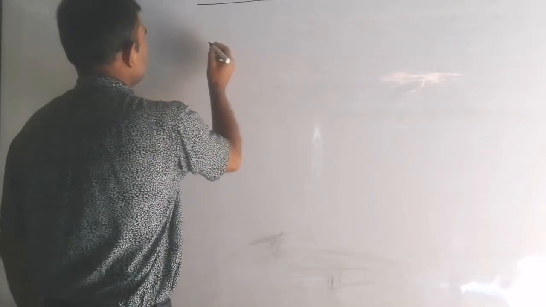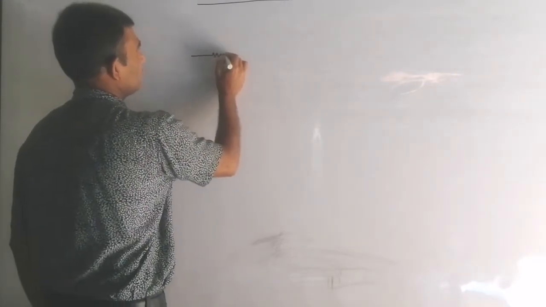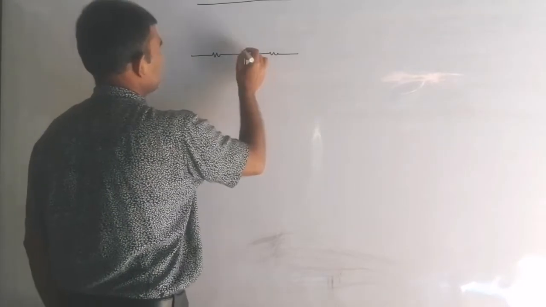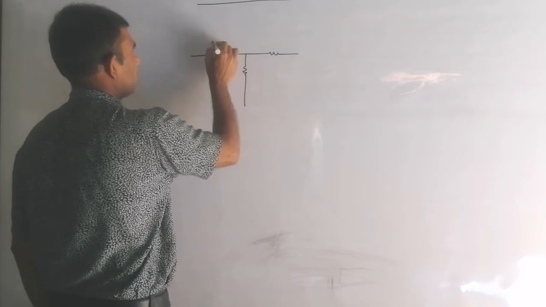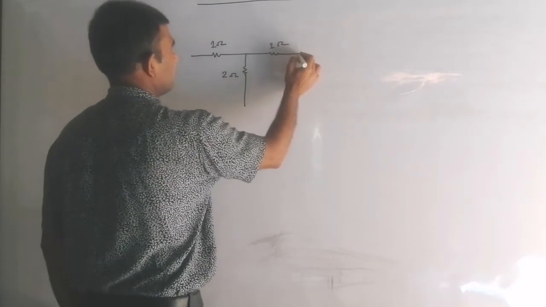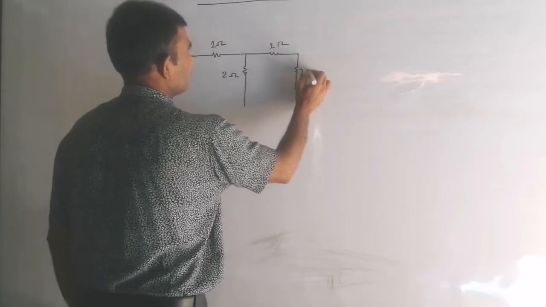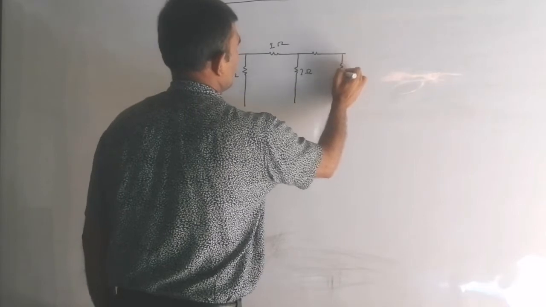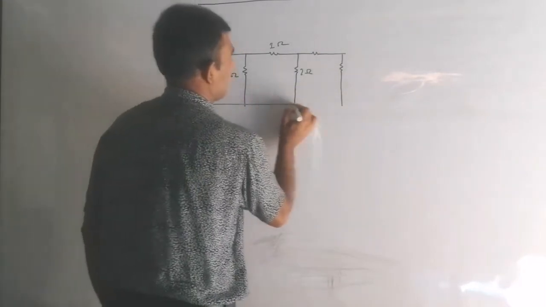Now, let me do a little bit more difficult question. This is like this resistance branch. See, this one here is a 1 ohm resistance, here is 2 ohm resistance, here is 1 ohm resistance, again here is the 2 ohm resistance, and so on. Again here is 1 ohm, here is 2 ohm. This is the infinite series.